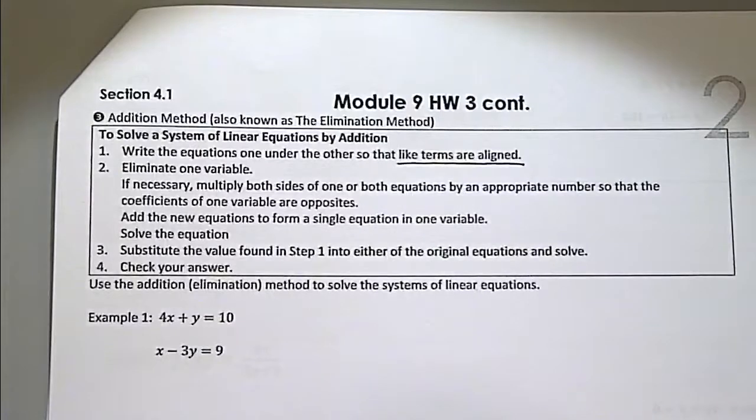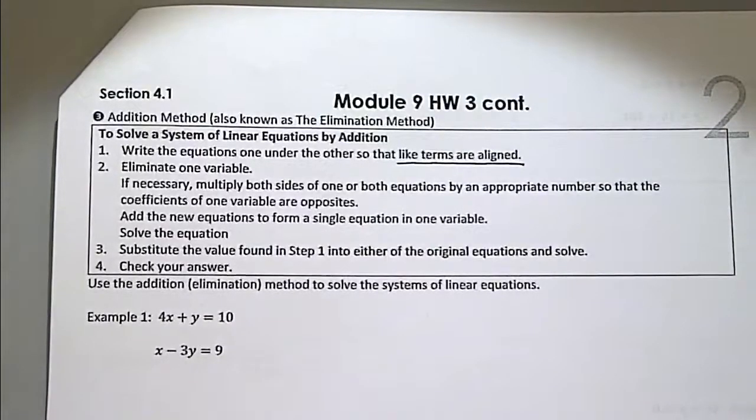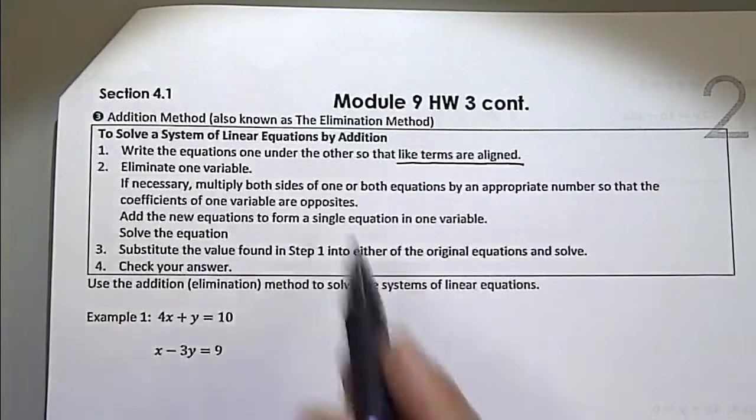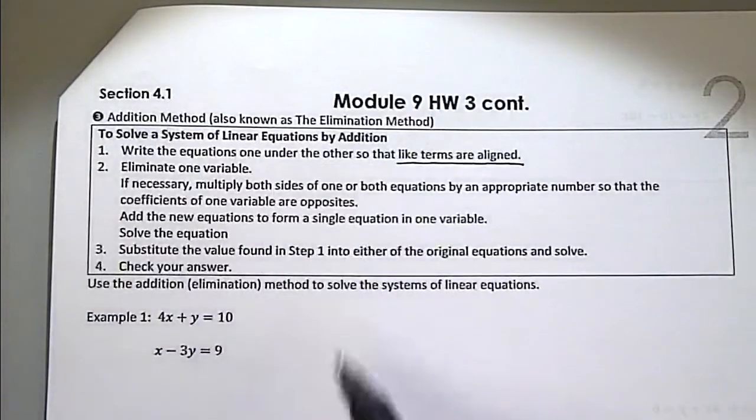So to eliminate one of the variables, you need it to be the exact opposite of the equation above it. In other words, if you have 3x and you want to eliminate it, you need a negative 3x so that when you add them together, you get 0. Does that make sense? All right, and then we'll go through solving it and substituting it just pretty much